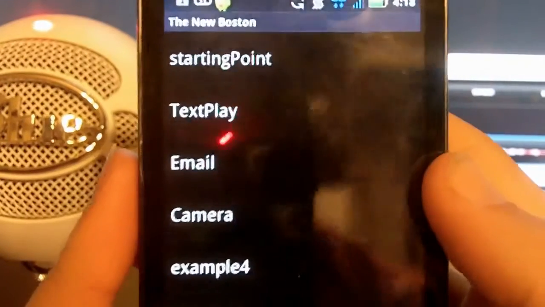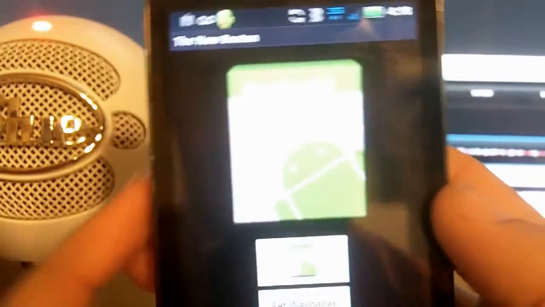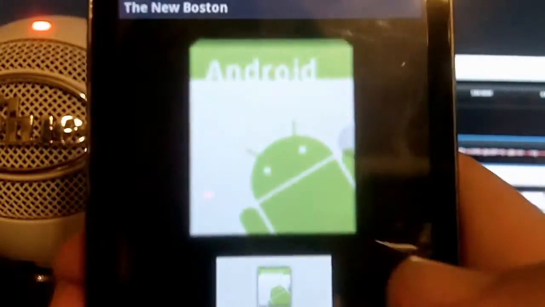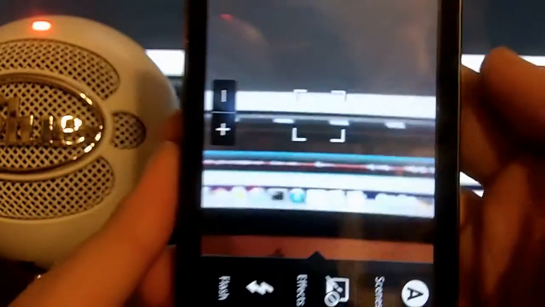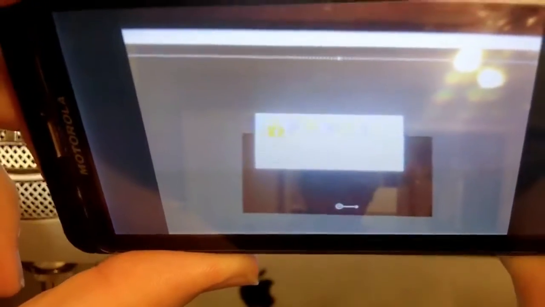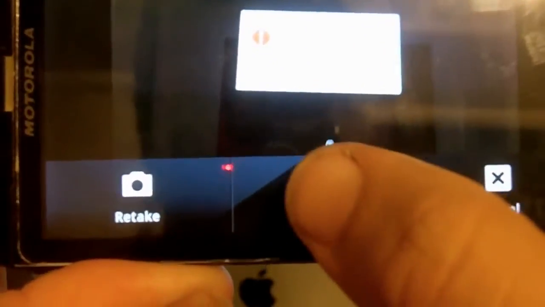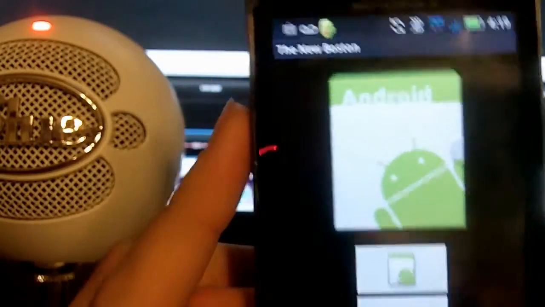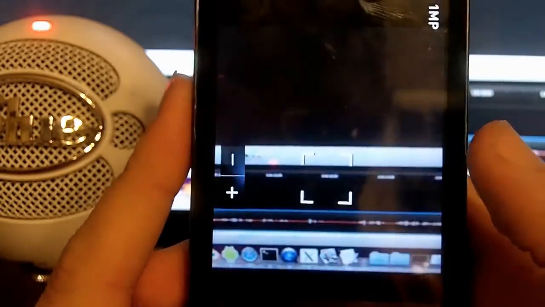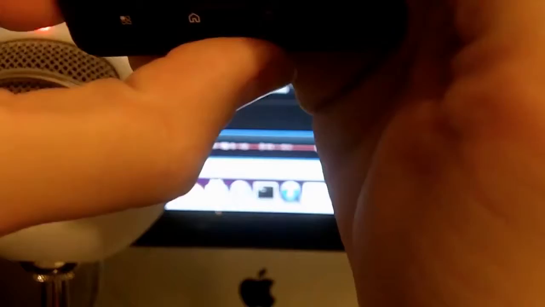So alright, here's our camera application that we just set up. We're going to try and take a picture, and it opens up our camera activity, as you can see here. I'm just going to take a quick pic, and then it's going to ask, is that okay? We're going to say done, and oh dang it, well, there's one of the errors that I wanted to show you guys. Basically, when we tilt our camera, that picture goes away. But just to show you guys that this application actually works, I'm going to take a picture like this